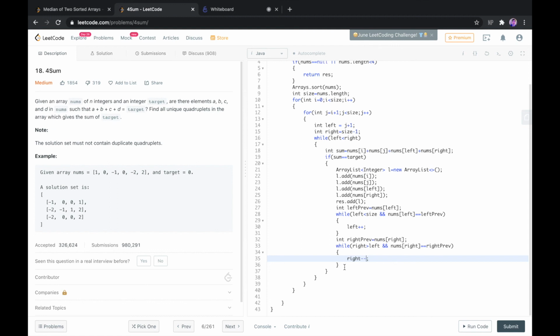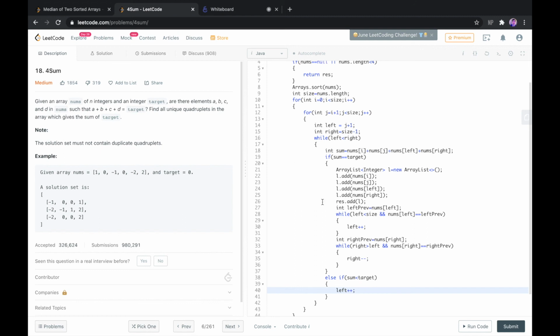Now what we need to check is the first condition was if sum was equal to target. The second condition is if the sum is less than the target. We increment left. Why do we increment left?